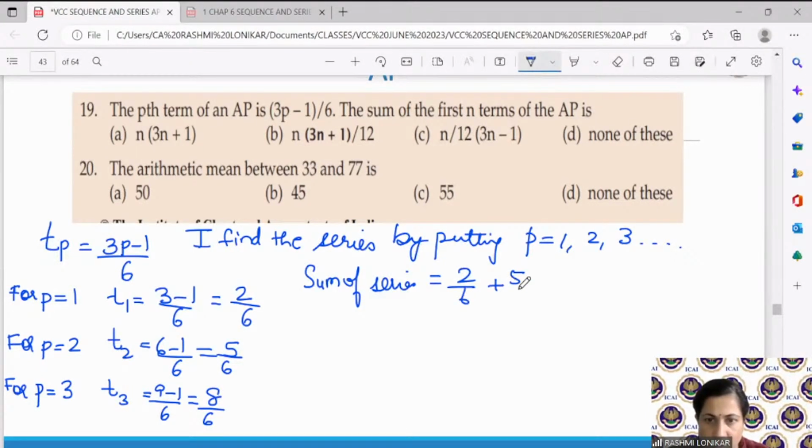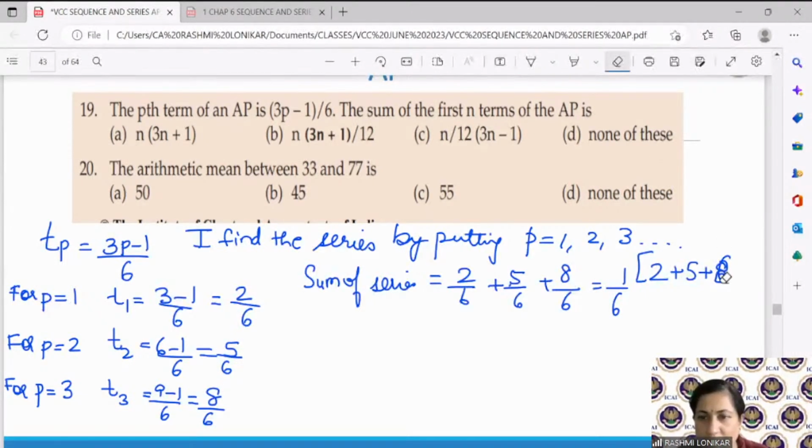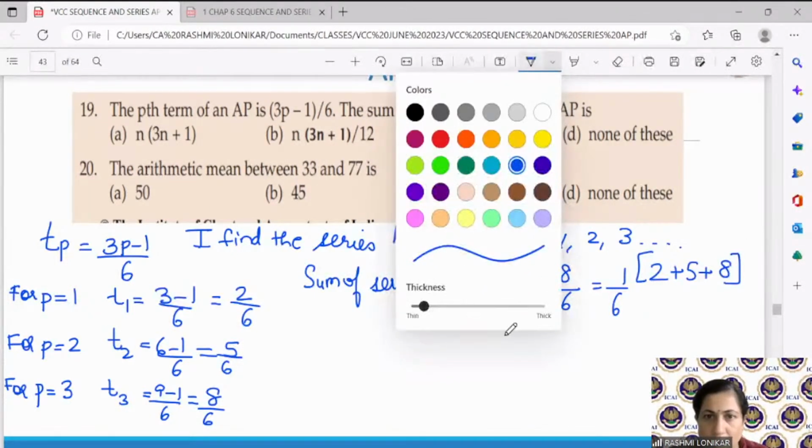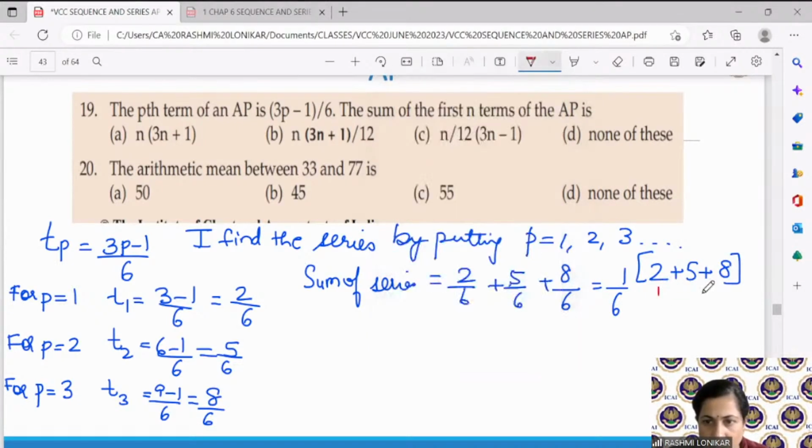2 by 6 plus 5 by 6 plus 8 by 6. Okay, so we are just considering till 3. So I take 1 by 6 common. What do I have? 2 plus 5 plus 8. Okay, this is an AP